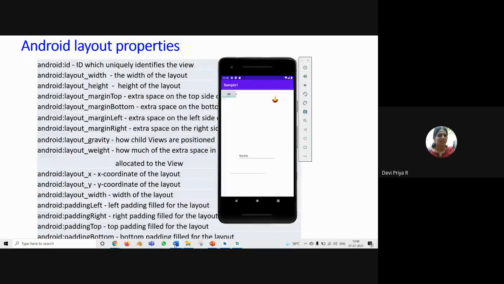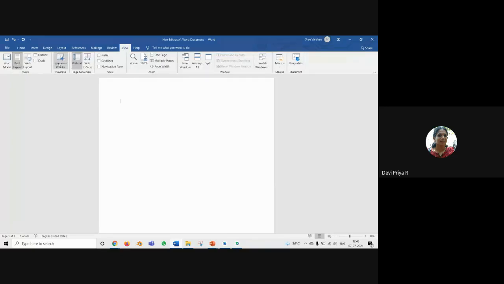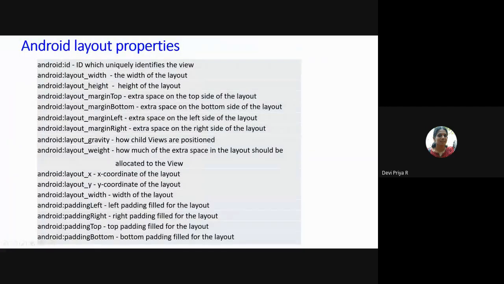Okay, sir. If you are having a Word document, we will be having the view, ruler, and all those things, no, sir. So this is how we'll start the top and the bottom, right? So we can specify the top margin and also the bottom margin, left margin, right margin. So normally we will set, no, sir. I think this Word screen is visible. Yes, yes. Okay. Similarly, we can set the margin for all the 4 positions.